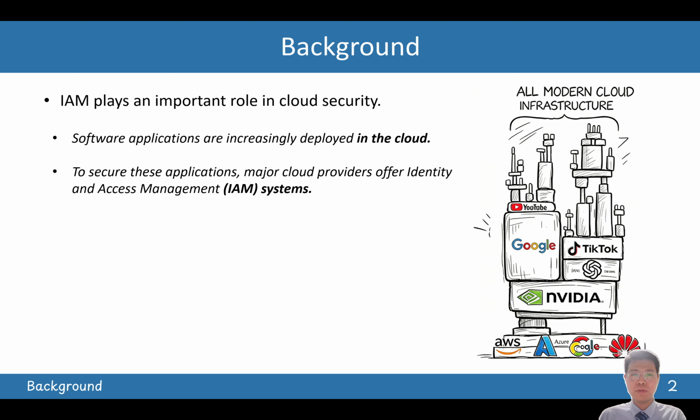We therefore propose AccessRefinery, which takes an access control policy, that is an IAM policy, as input and produces the corresponding set of intents. It consists of 3 modules. Here we keep the logic of AWS Access Analyzer unchanged in the intent miner module, and we design a new module called intent reducer to remove unnecessary intents from the output of the intent miner.